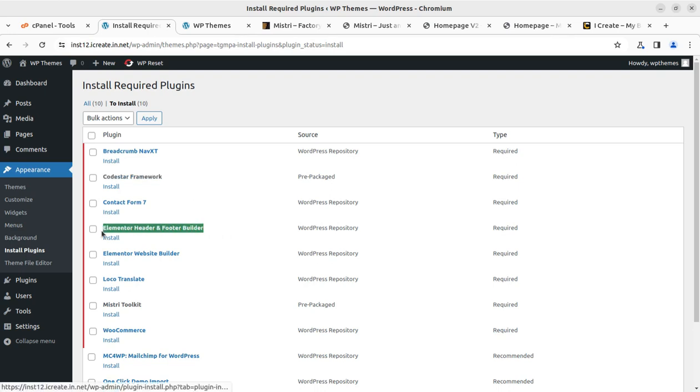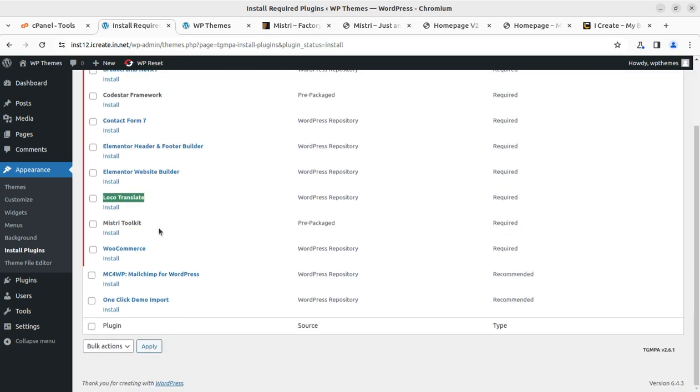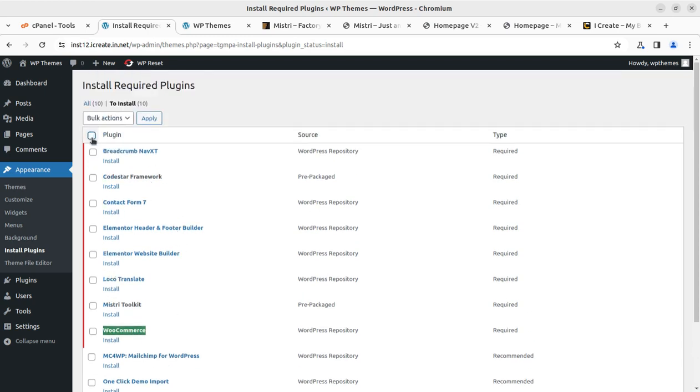And Elementor is the page builder that has been used. It is very good. Cloud Translate is also here, so we can create the website in different languages as well. WooCommerce is also included, just in case you are willing to create an e-commerce website. And all the great plugins are here. I'm going to select all these 10 plugins and we'll try to install all the 10 listed plugins in one click. If it works, it will install all the 10 plugins in a single attempt,